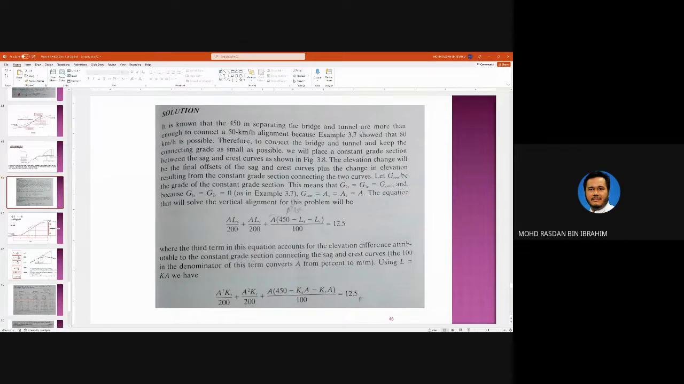Therefore, to connect the bridge and tunnel and keep the connecting gradient as small as possible, we will place a constant gradient